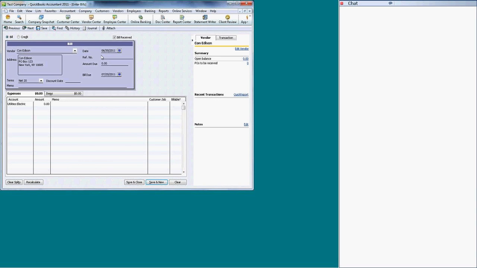Now you have all the information, most of the information on the bill. All you need to do is enter the date of the bill, the reference number, if it has. Most utility companies don't have an invoice number. So what most bookkeepers will do is enter the date as the reference number. Now, the idea of the reference number is to remind you that you should not enter the same